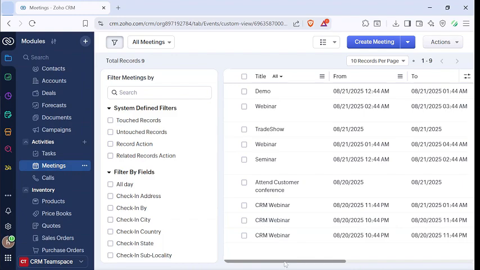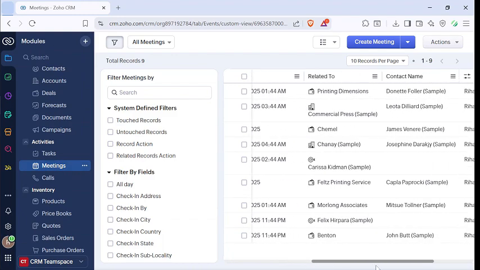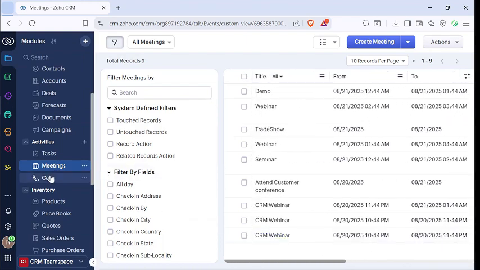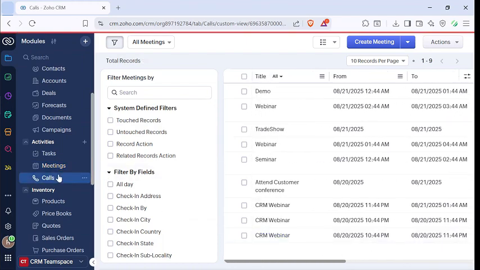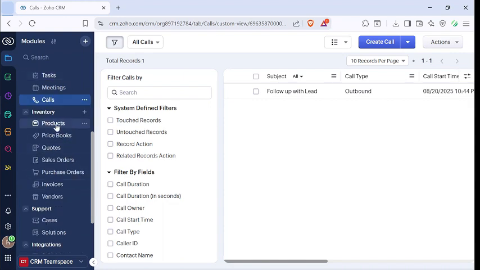And here you see the list of the meetings, your contact name, the host, and everything. What the meet and call section does is help you schedule and track the interactions with the lead and customer. So everything is in one place to keep your sales organized. Now, if I scroll down here, go to this inventory section and click on products,